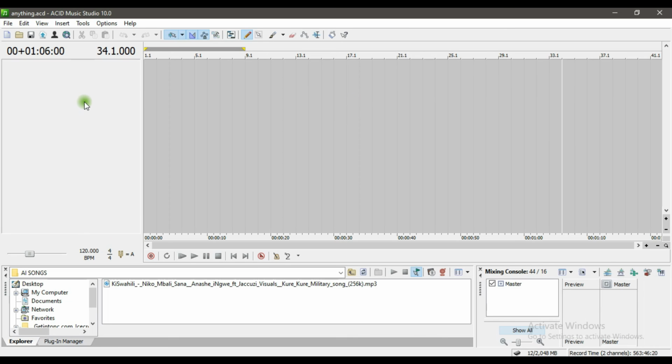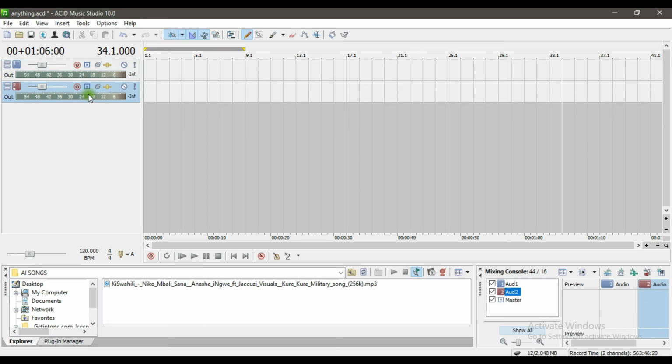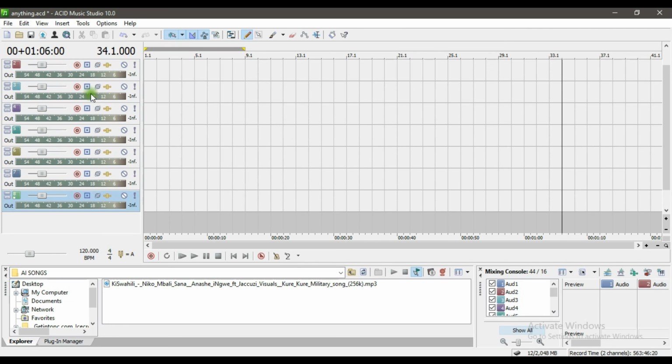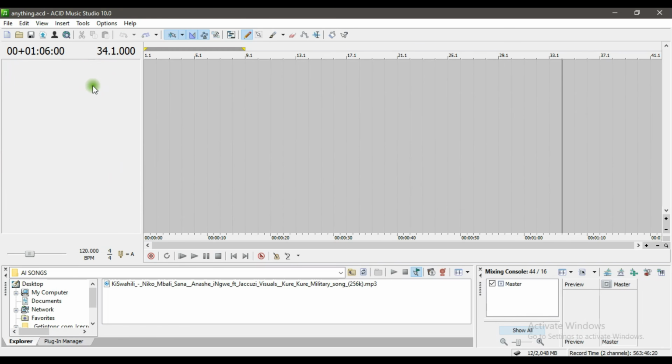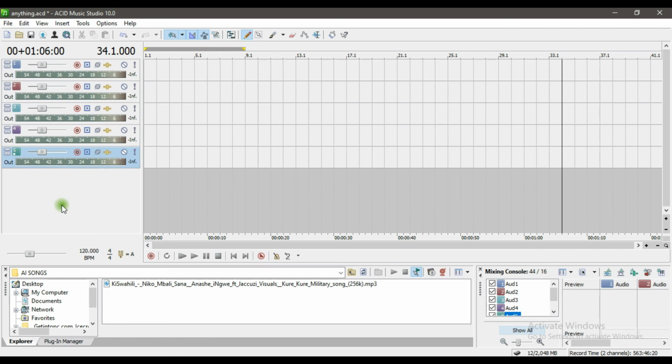So to insert tracks, you just press Control Q, depending on the number of tracks that you need. You press Control Q to insert. To delete your track, you can press Control Z to undo. Same thing. So maybe you need around 5 tracks, 1 2 3 4 5, that you need. Then